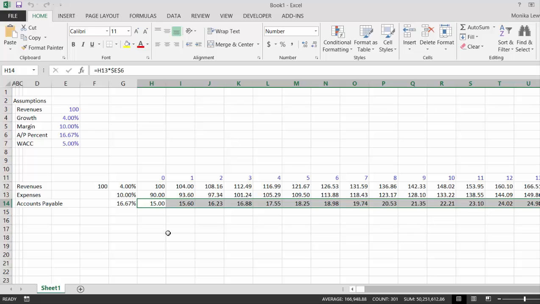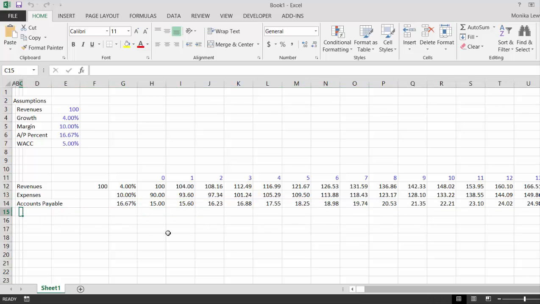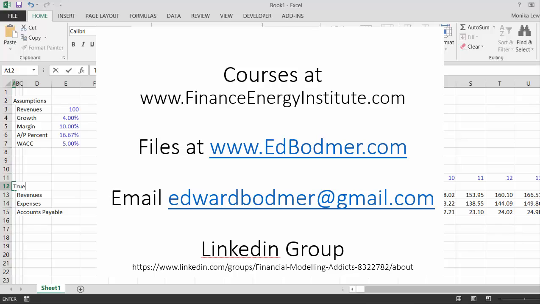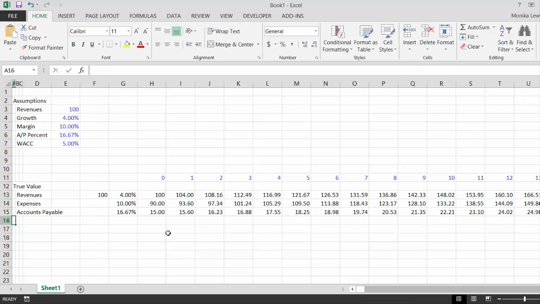Shift Control R. I can do this one by one. Now let's put this and call this one Shift Spacebar, and we're going to call this the true value. Now, if we take the true value, if we want the real cash flow we're getting,